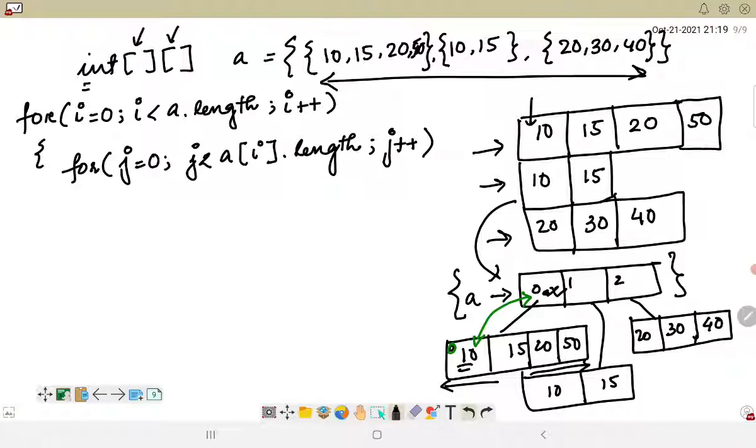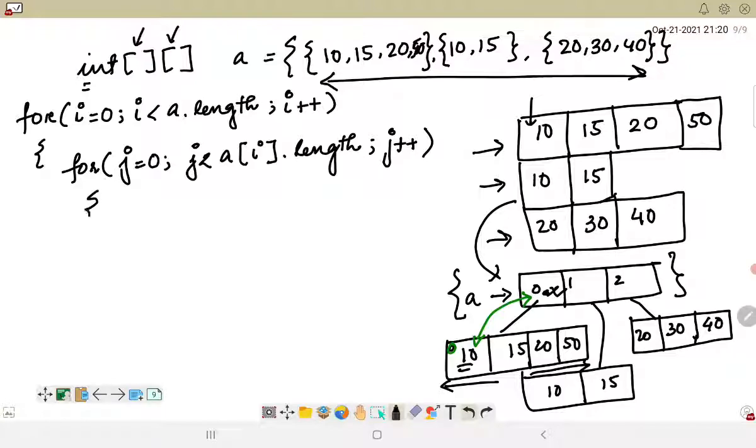Now we have to remember that the first for loop will be scanning the array in a row wise manner, and the second loop will be scanning the array in a column wise manner.